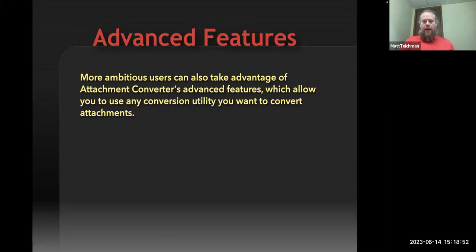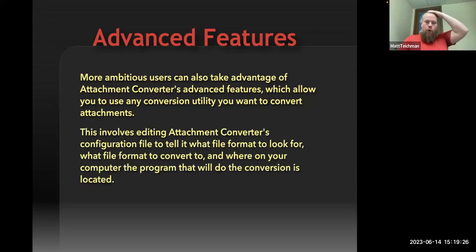So maybe you know someone who's writing a conversion utility, or maybe you yourself are writing a conversion utility, or you have a hard to get, expensive proprietary utility that costs a lot of money. You can set attachment converter up to do that conversion. Another scenario is maybe it's a really esoteric file format that Nathan and I haven't heard of, but you want to be able to have attachment converter also convert that format. So if you want to